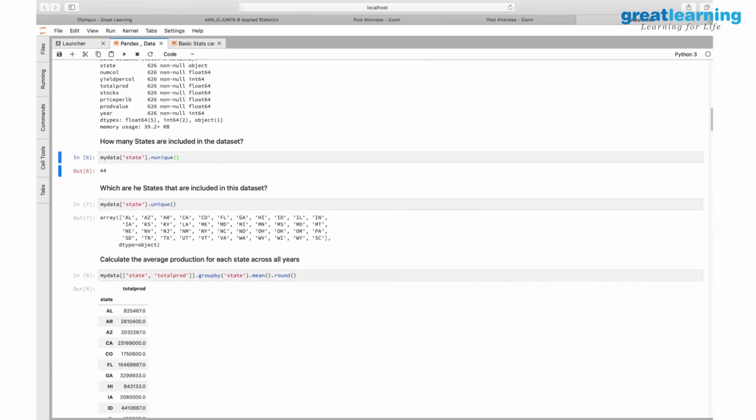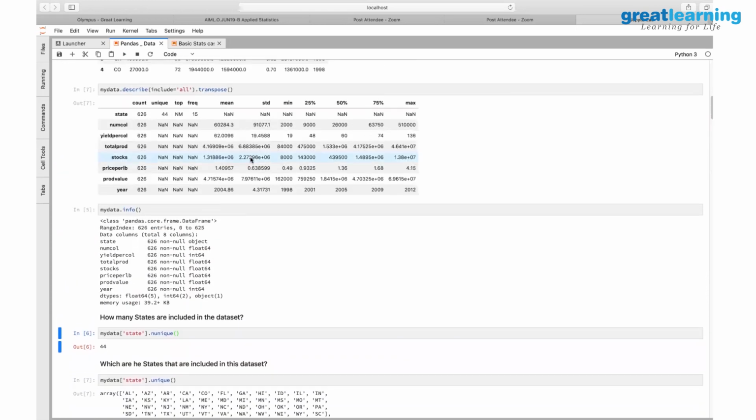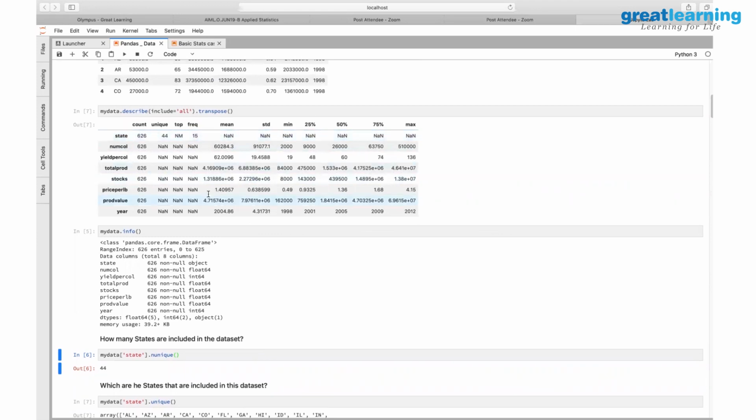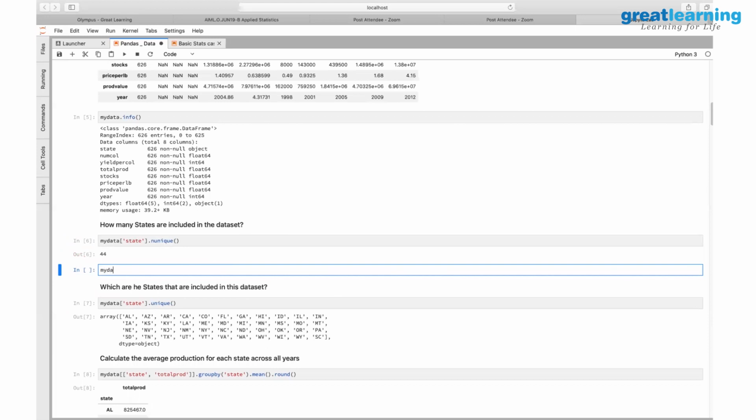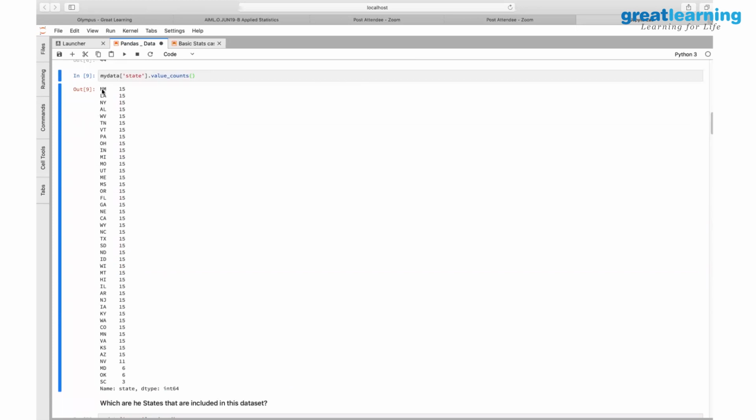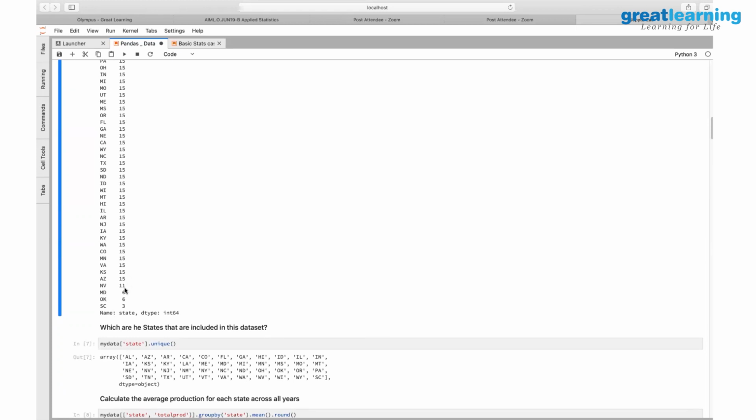If I want to know how many times each state is appearing, I know some states have appeared as high as 15, but I want to know it by state. Is there a way I can know? Value counts? Yes, absolutely. You're great. The value counts gives that. So NM, as we have seen there, appears 15 times, then LA 15, NY 15. The majority of the states appear 15 times, NV appears 11, and SC is the one that appeared only 3 times. That's a simple way of looking at it.